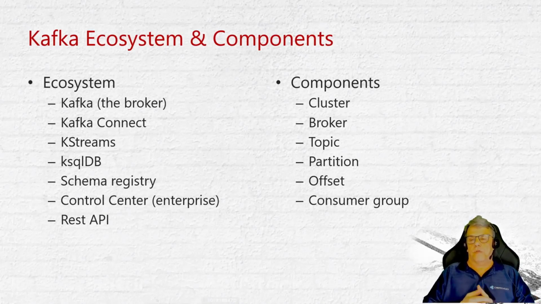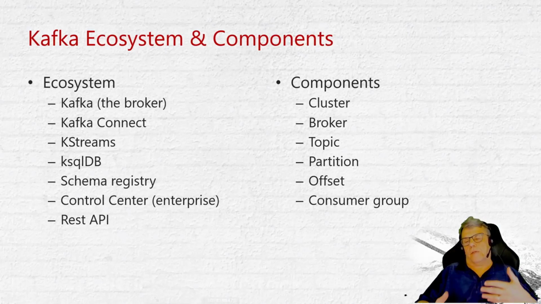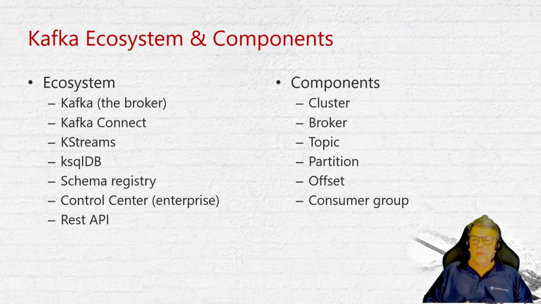You have the broker, which is where you are sending events to, and you are sending events to topics. For you database people out there, see the broker as a database. And the topic is where we are sending the events, the records to, and that is like a table. Then, as in databases, we can partition these. In a database, we can partition a table. In Kafka, we partition topics.